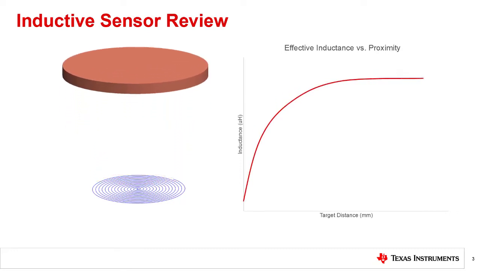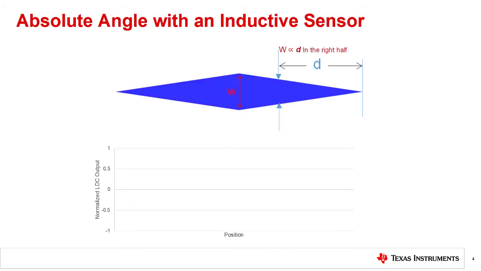Here we will see that as the target is moved away from the sensor coil, there is a measurable change to the effective inductance, and that this reduction is less dramatic as the distance increases. Although this is the typical arrangement, we can also set the metal target to a fixed distance from the coil. If we were to move the target laterally instead, we might design a target which changes the surface area exposed to the sensor as it moves. We can utilize this approach to enable rotary applications.